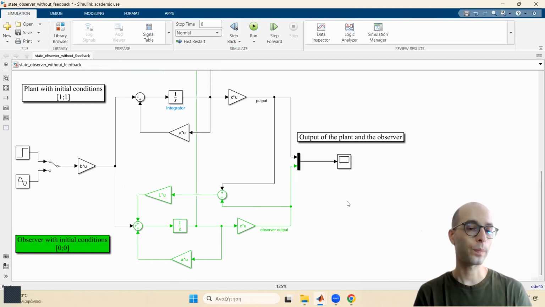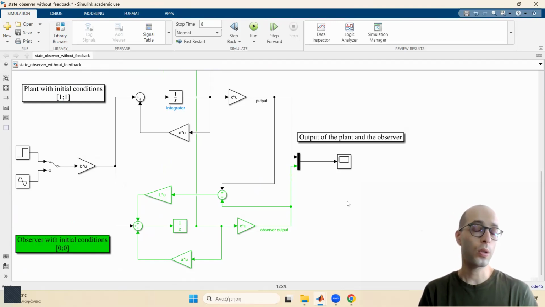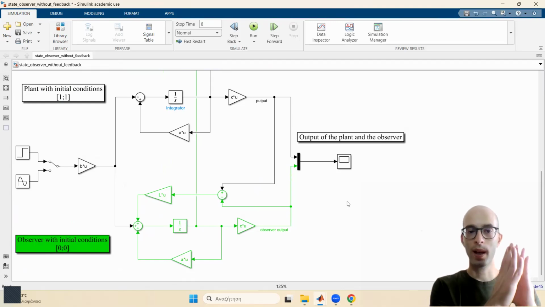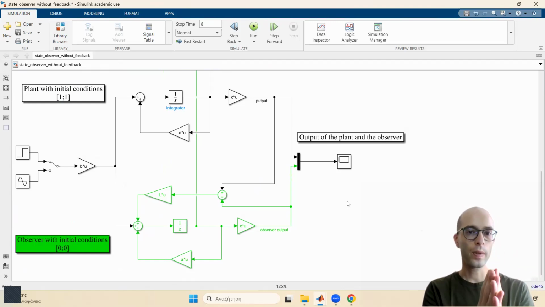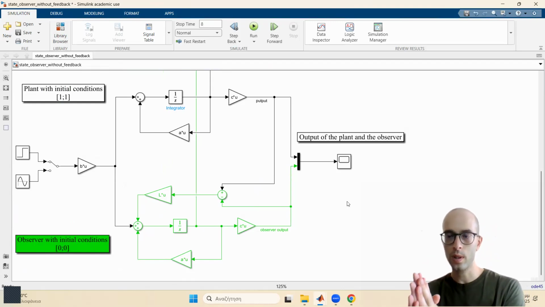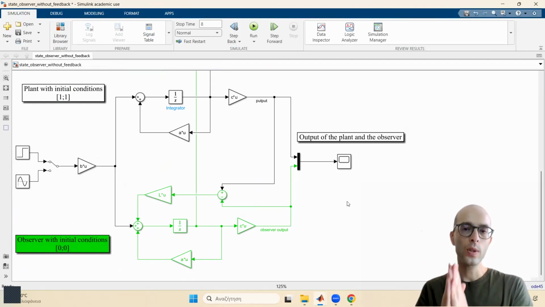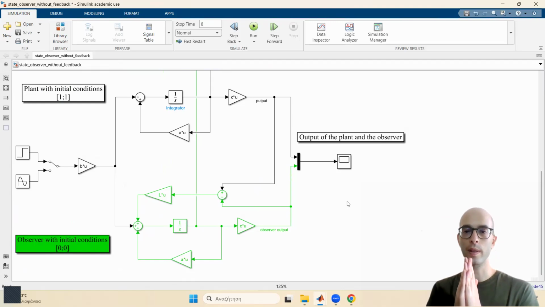Okay. Now, what is an observer? You should also consider reading the theory. It's basically in every classic textbook on automatic control that has a chapter on state space systems. Now, remember, the state space system has a very clear structure. We have an input, the states of the system, and the output of the system. Remember, the output is basically a linear combination of the states, and it is actually the measurable information for the